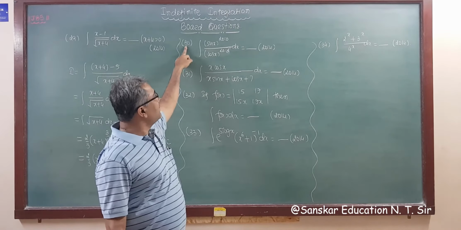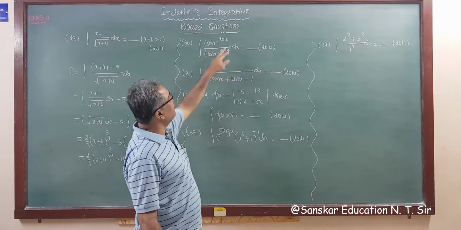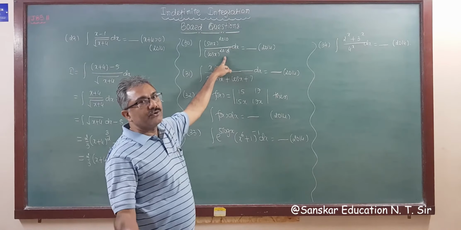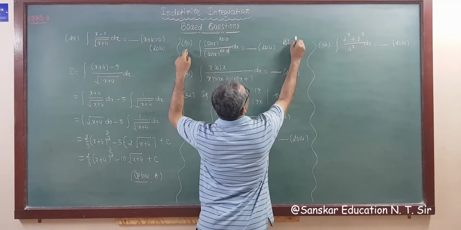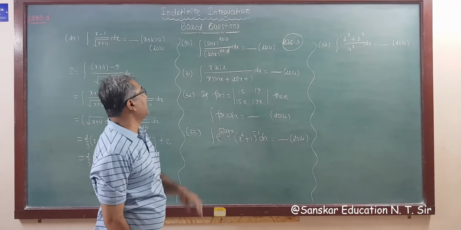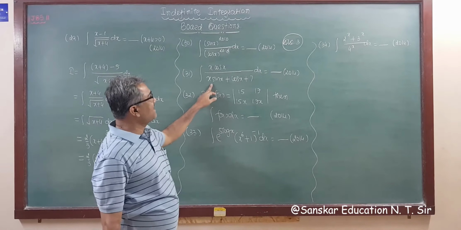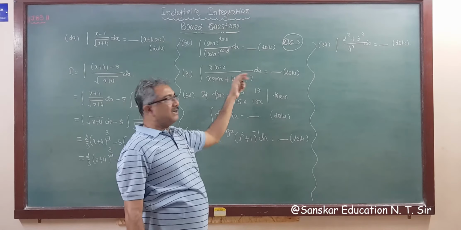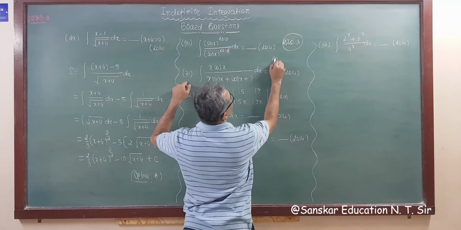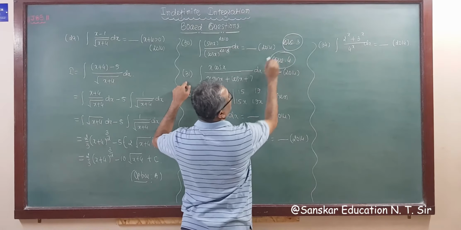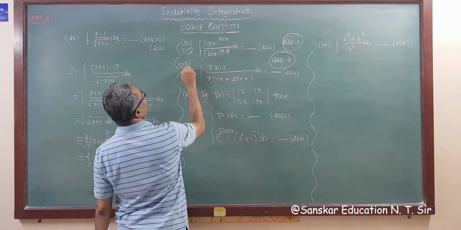Sin x raised to 2010 upon cos x raised to 2012. We did this type of question. In that question, here is 98 and here is 100. So you have to do this as same as question number 3. See your question number 3, here is 98 and here is 100. Then the very next question of Gujarat 2007, I think. This is the question, right? But in that question, here is square and instead of 7 is another thing. But it is the same question. So this is question number 4. So do it yourself. This is for practice I am giving.